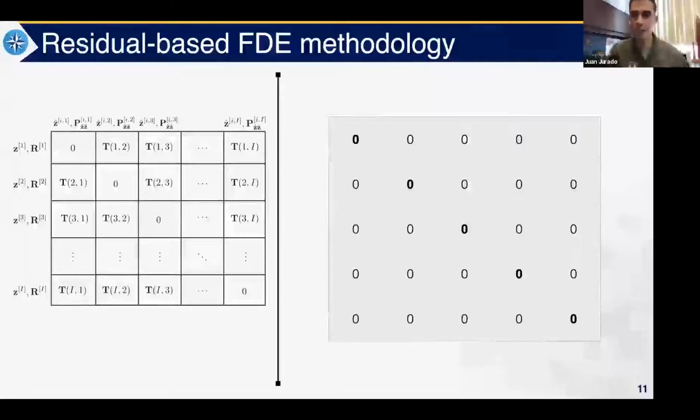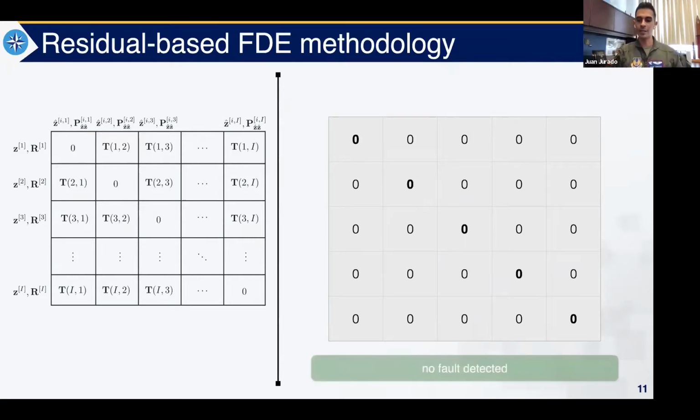All right, so as we get into here, we're going to see how we do the fault detection and fault exclusion. The example I'll run through here is just an animation, and I have actual 3D animations later. Mathematically, in this case, we have a T matrix full of zeros. Let's assume we have a system navigating with 5 sensors and 5 subfilters, indicated by a 5x5 T matrix. The bolded zeros are always going to be 0 because that sensor has been excluded from that subfilter, so that entry is automatically 0. But what we're looking for are patterns of zeros and ones to be able to tell whether or not there's a fault and